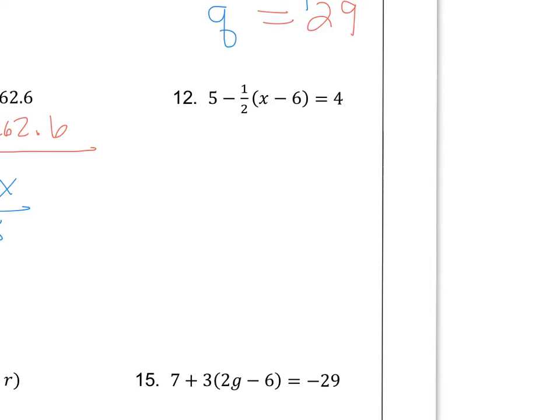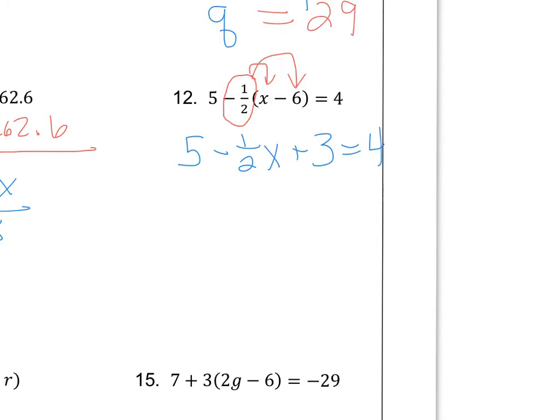Okay, looking at number 12. Number 12, we have some distribution to deal with. So we need to distribute our negative 1/2. That's the number attached to the parenthesis. We need to multiply it times x and multiply it times negative 6. Now our 5 has nothing to do with this distribution. So we're going to start by just bringing down our 5. And then we're going to say, okay, negative 1/2 times x is just negative 1/2 x, and then negative 1/2 times negative 6. Negative times negative becomes positive, and half of 6 is 3. So plus 3